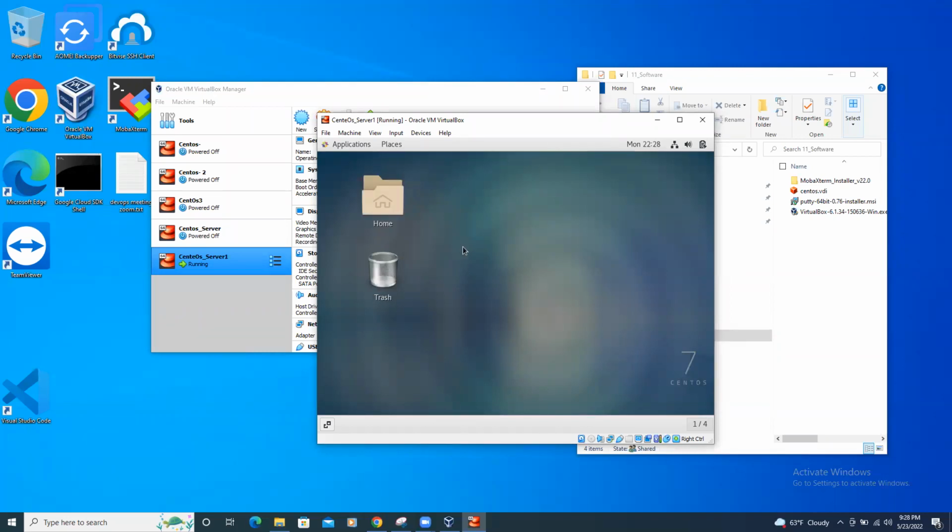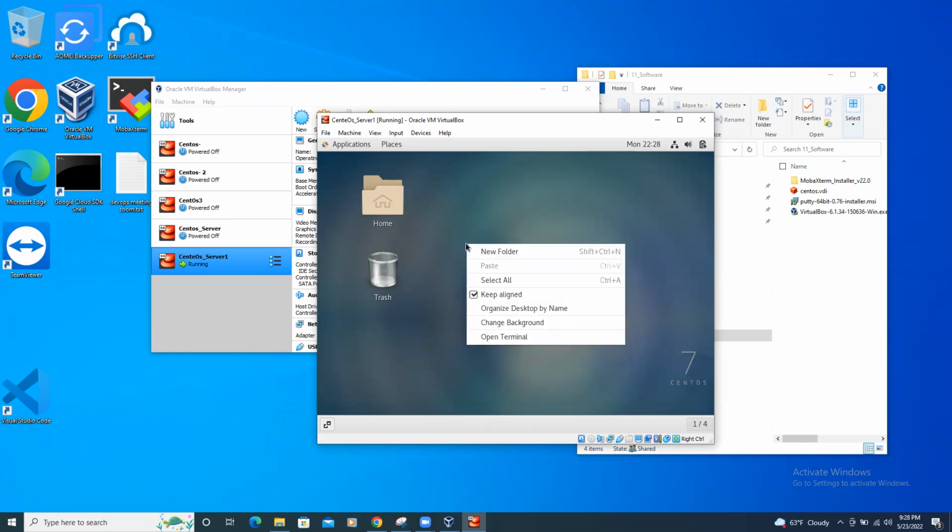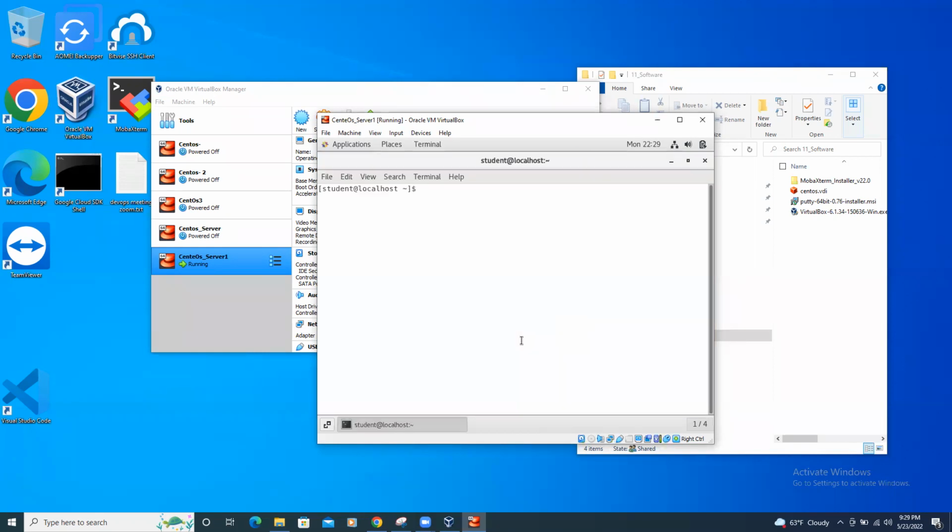So now we want to go to our terminal and start typing some commands. I want to keep this video very short, about 10, 15, 20 minutes. So we'll just do some basic commands and then we'll come back. So to do that, you right click on your screen, you click on open terminal. It will open this screen so that you can,